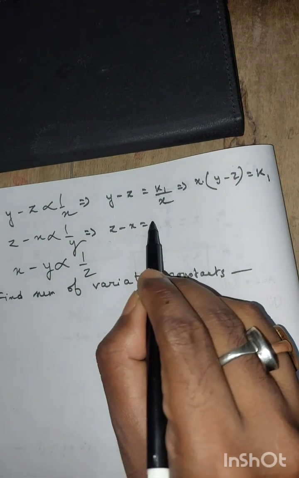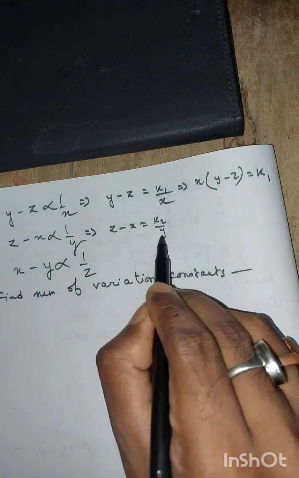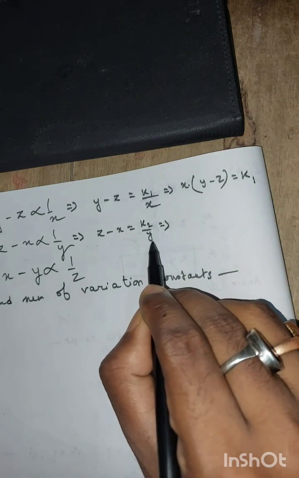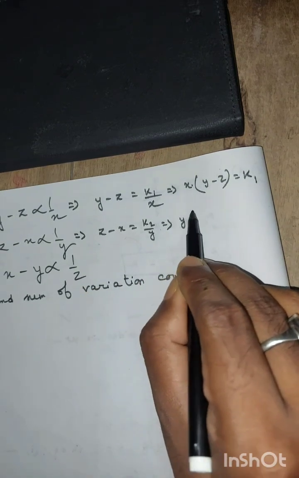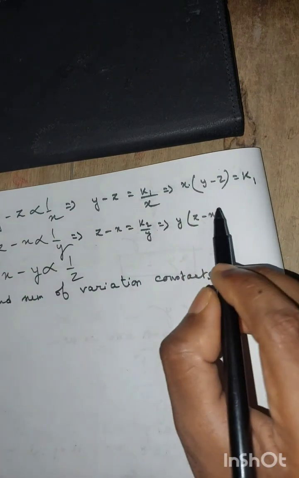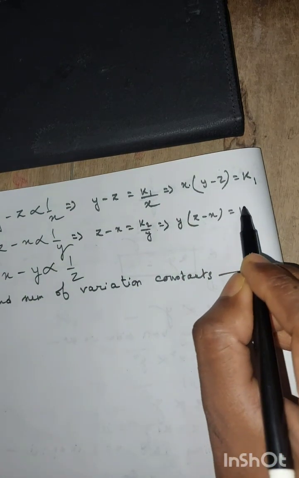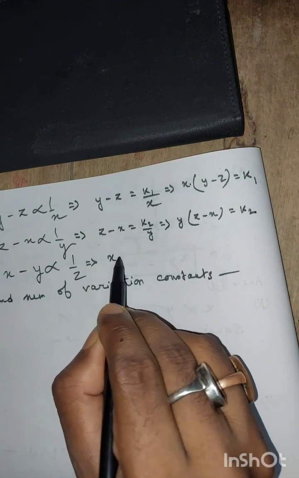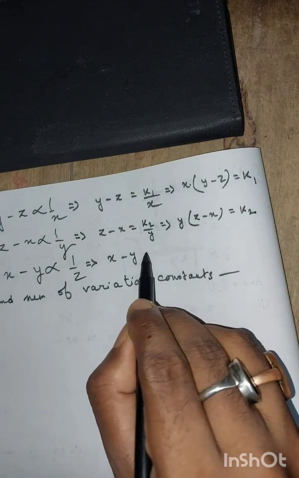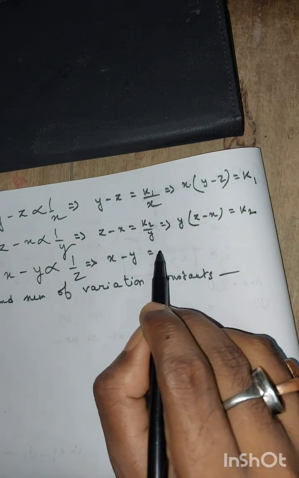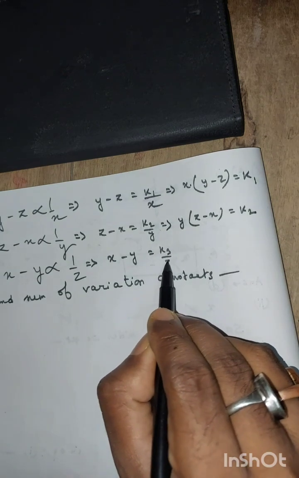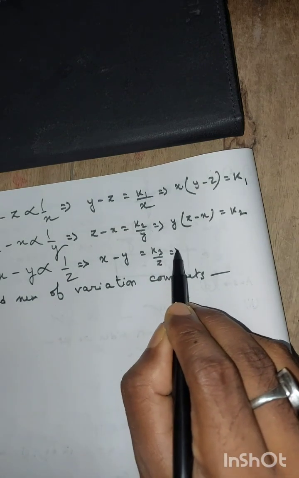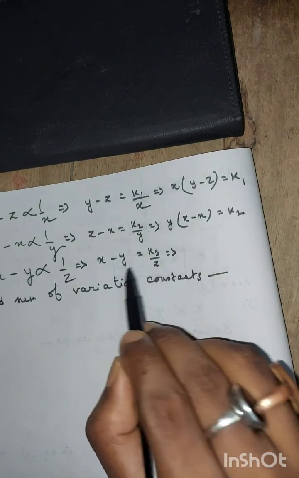Now it is k2 by y, or if we take y to the left side, k3 by z. So again we can write, if we take z to the left side,